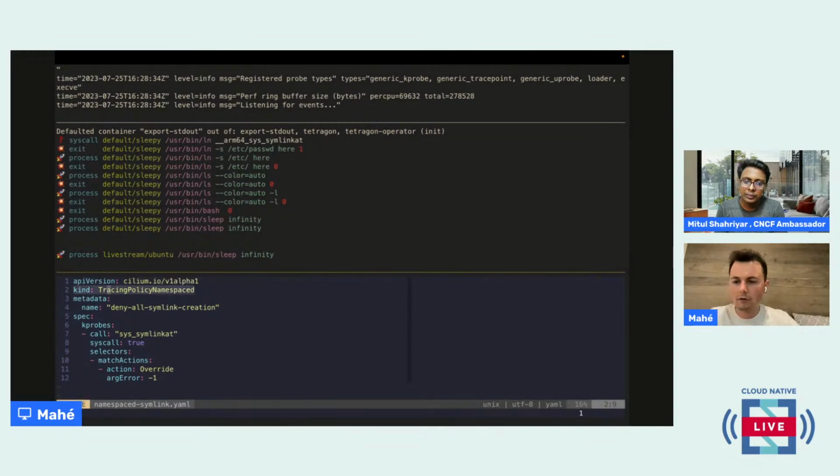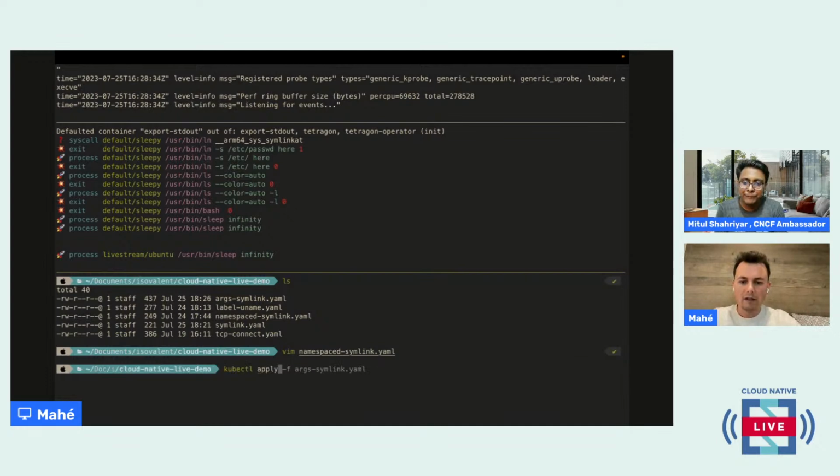So now maybe you can see that the kind changed a little bit. It's now a tracing policy namespace. So the resource I showed you just before, the tracing policy, is a cluster-wide resource, but this one is actually tied to one specific namespace. And this one just denies all symlink creation. So this is very similar to what we did in the first example, but we are going to apply it only to one namespace. So if we load that,